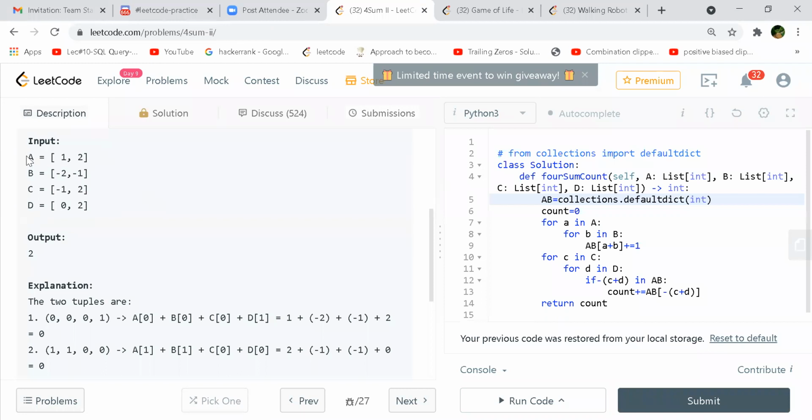He's actually combining A and B and then C and D. It won't create a problem, because even if we take A and D and the other complement we find from B and C, that's also fine. After all, we are accumulating them, right? The sum will be 0. So that doesn't make any difference, I think.